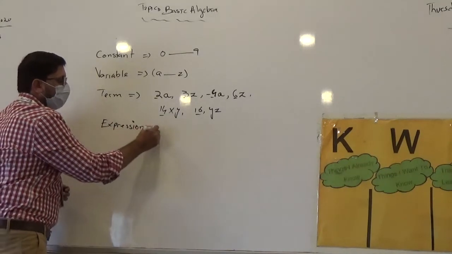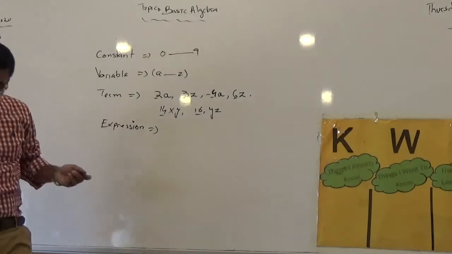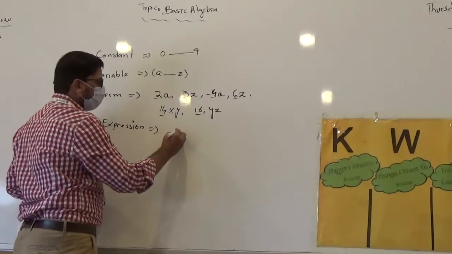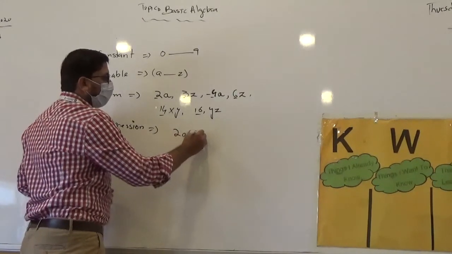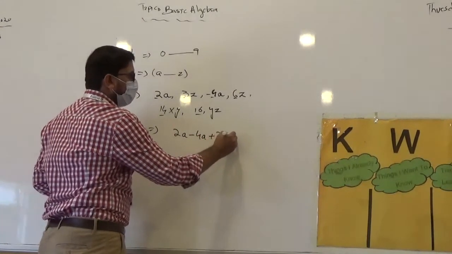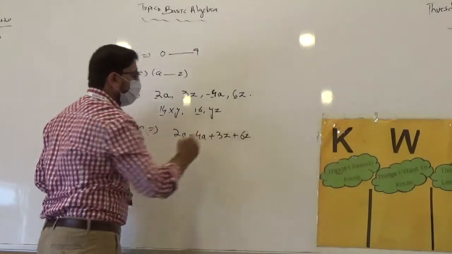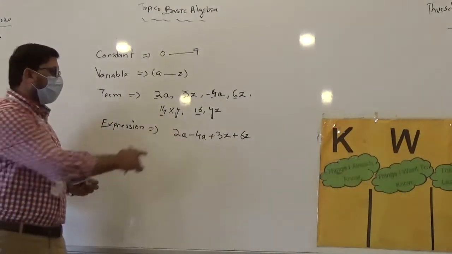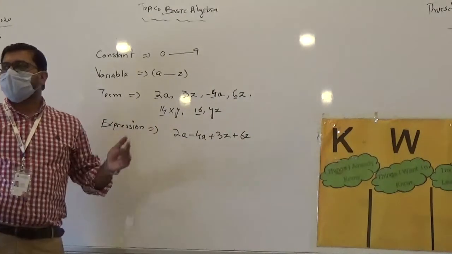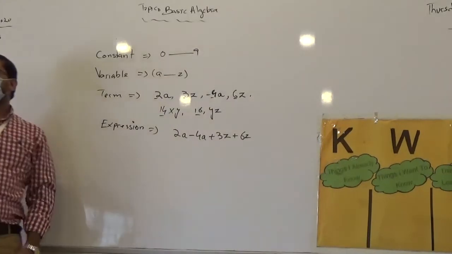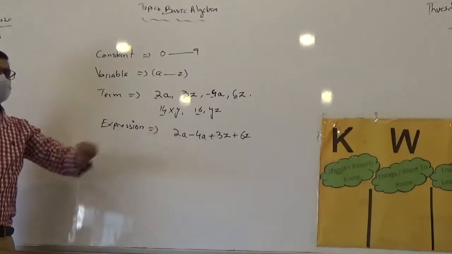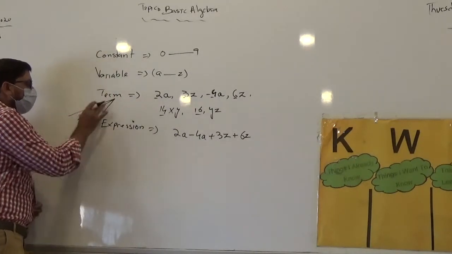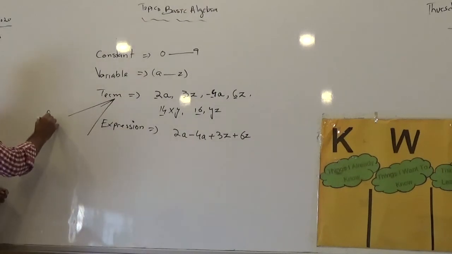What is an expression? When we combine terms with a sign, two or more terms, that is called an expression, like 2a minus 4a plus 3z plus 6z. Over here, we just combine four terms with the sign of addition and subtraction. So now they are called expressions. So before going toward the expression, from terms, we have two types of terms. Whether it's a like term